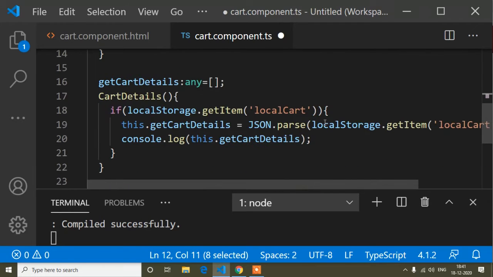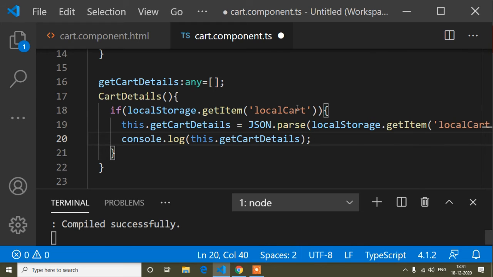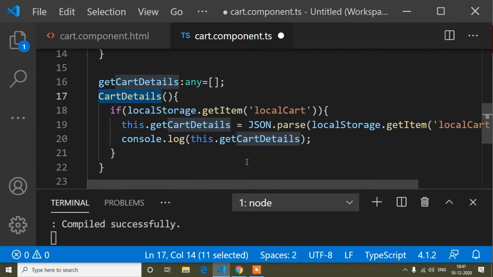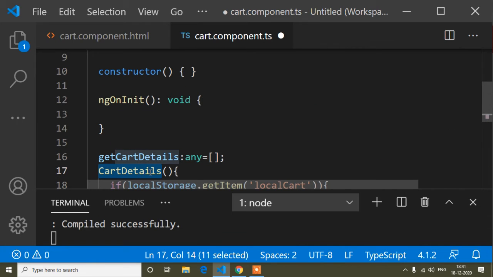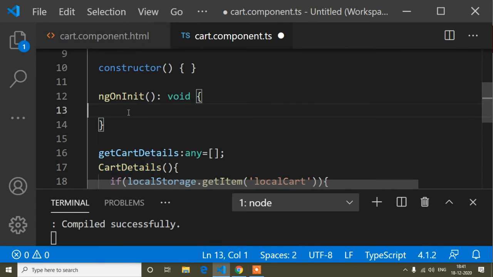We need this function when our page is loaded, so I will call this function inside ngOnInit. I will copy this cart details method, and inside ngOnInit I will write this dot method name with parentheses.